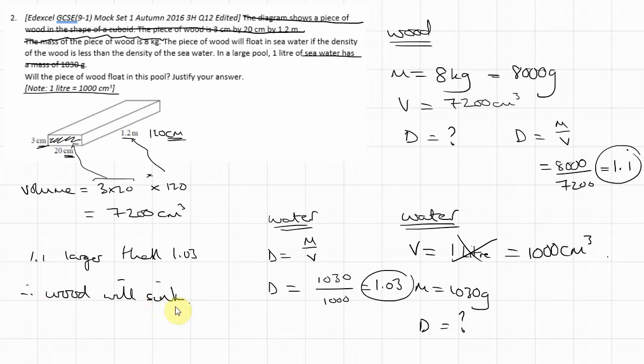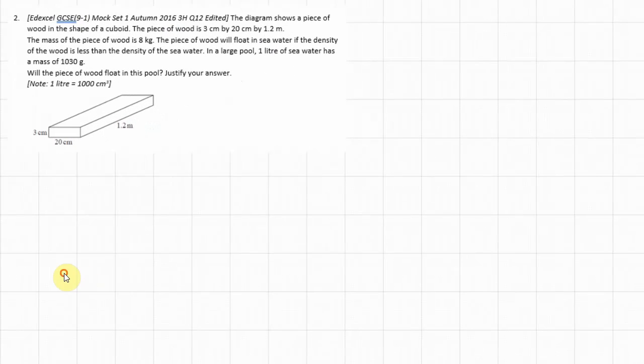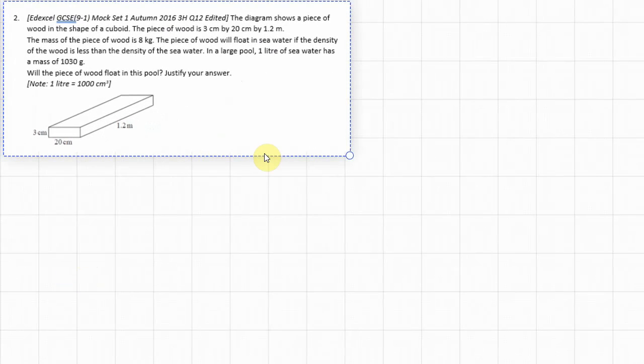Okay, and you'd need that line at the end to get your final thing. Justify your answer. Justify your answer means do all the working out. And then a final question, which I seem to have copy and pasted the same question. I will delete that and just write out the information because I don't have the other question loaded in my computer at the moment. Basically, we were told